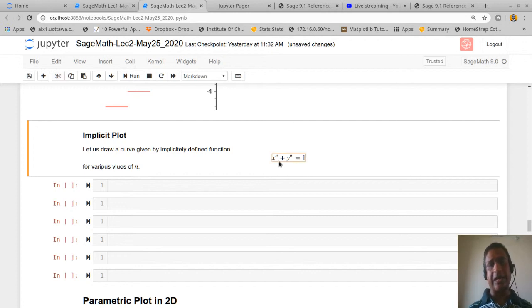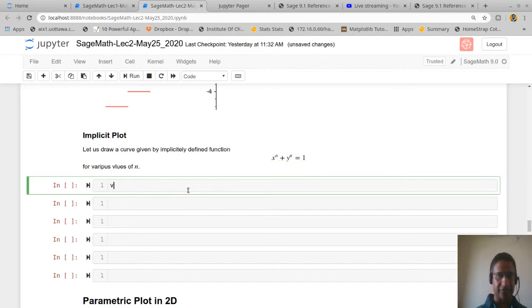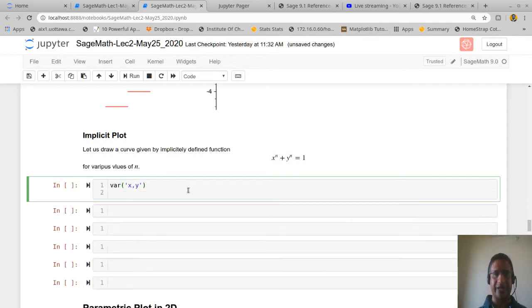Suppose I want to plot the graph of a function or curve defined by x to the power n plus y to the power n for various values of n. So how do I do that? You can say var, we need to declare the x and y variables. Though we have already declared them, it is still a good idea to declare them, because sometimes you might have used them to store some values. And then there is a function called implicit plot, and inside this,